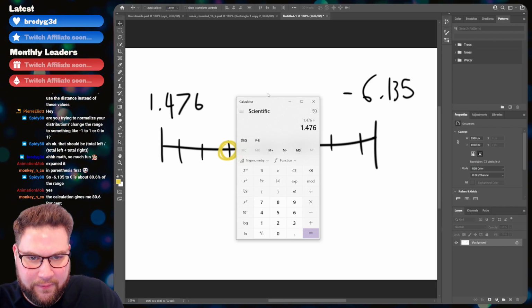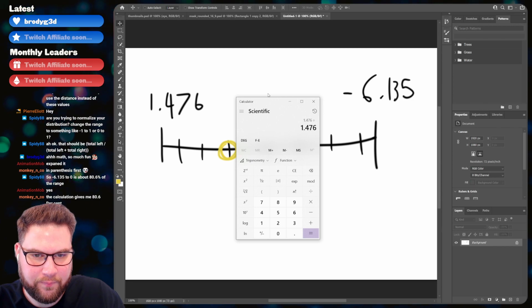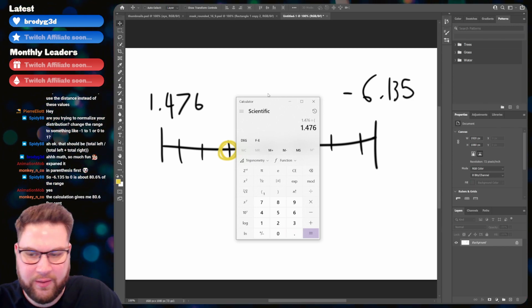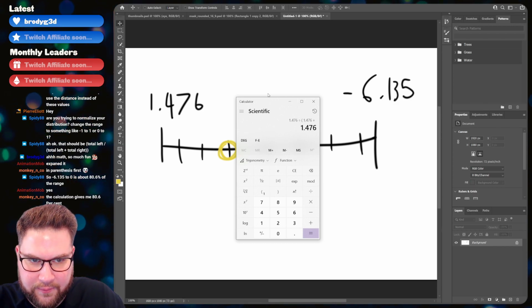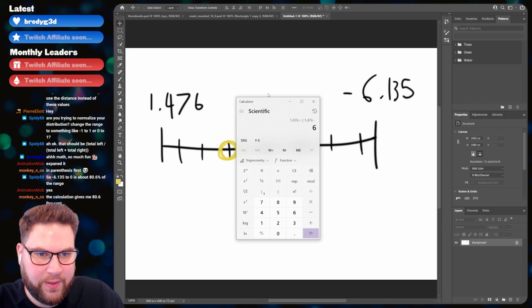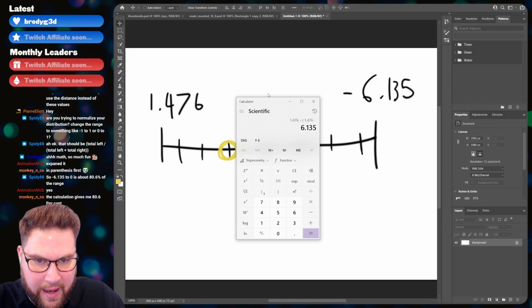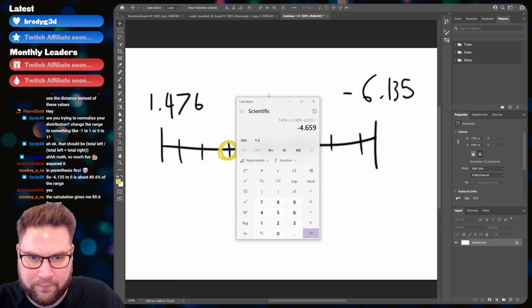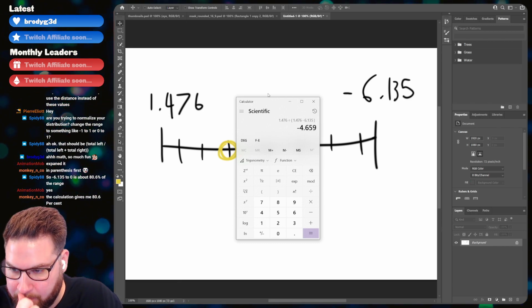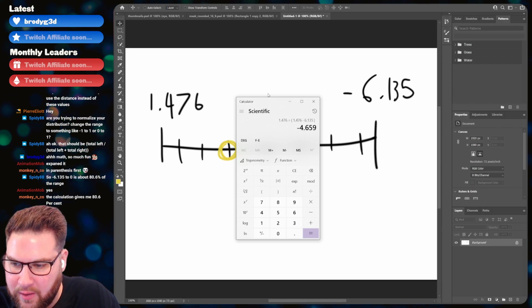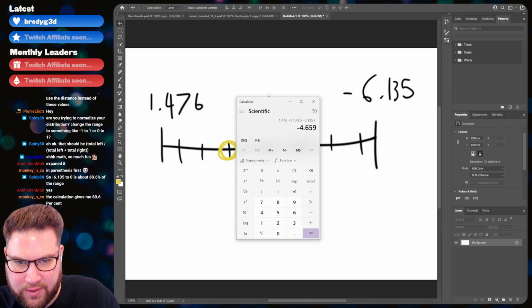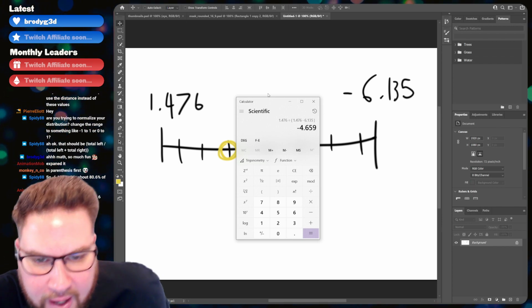1.476 divided by parentheses 1.476 plus negative, or yeah, minus 6.135. Negative 4.6 is what I got from that. So where did you get 80.6% from? So this negative 4.659 should be the,